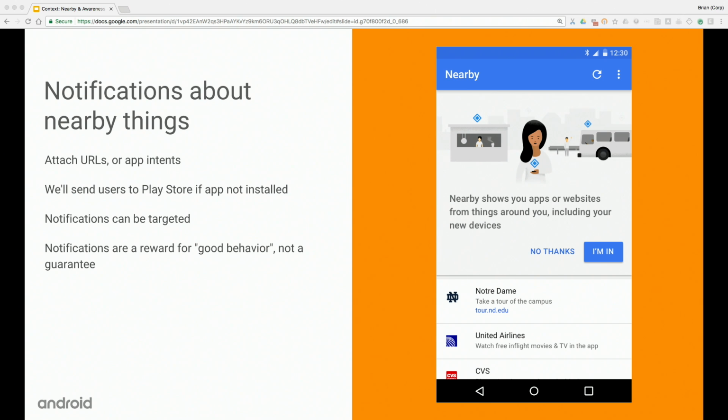One thing that I always like to point out is that this is a really powerful way for you to get your application installed in a really relevant context, but it's a really big responsibility. Google Play Services is approaching 2 billion devices at this point, and that's a really large user footprint. We have to be really good stewards of the user's attention, and notifications are one of those areas where people often get irritated if things are spammy and annoying in the notification tray. So we have a bunch of guidelines around how to write notifications that are really relevant, and we have a model that scores notifications based on how relevant we think they are.